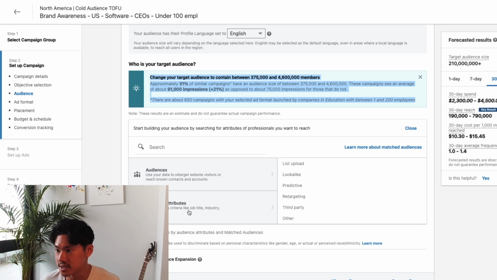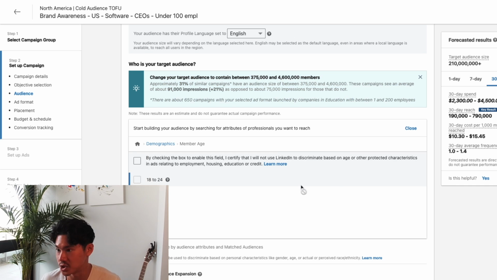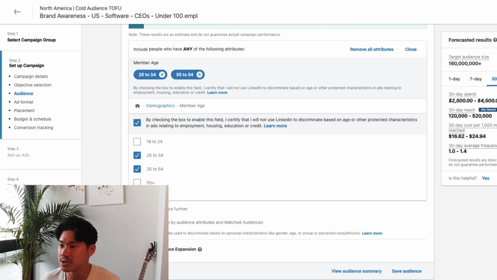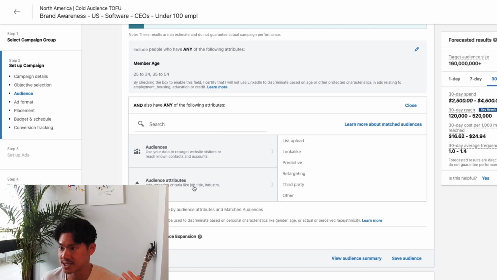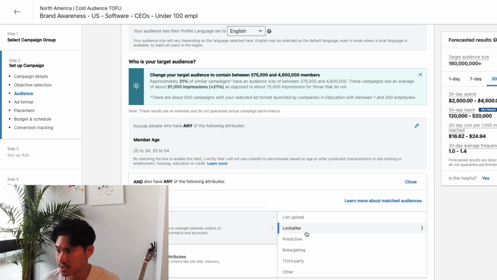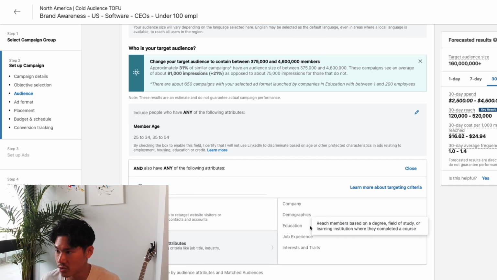So go to audience attributes, and then you can pick the obvious things such as demographics, so age, let's say 25 to 34. By the way, I'm not going to be launching this ad campaign for real, so all of these I'm just going to be making up on the fly. And then we can continue to narrow it down further. So this is where we're stacking additional attributes on top of each other. So let's say gender. You're probably not going to want to do anything gender specific unless your product demands it. So let's go back to narrow.